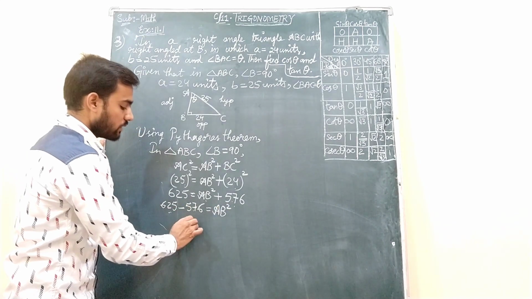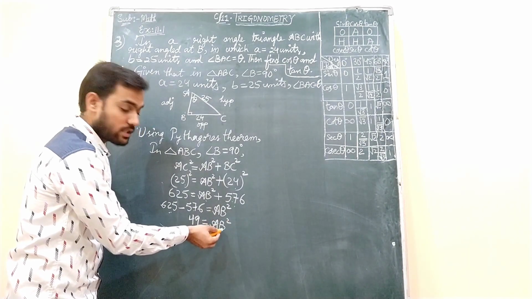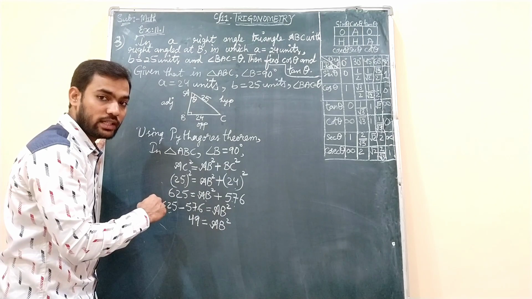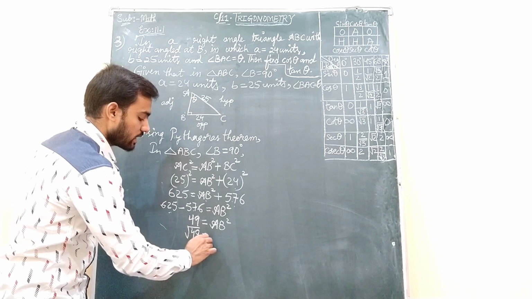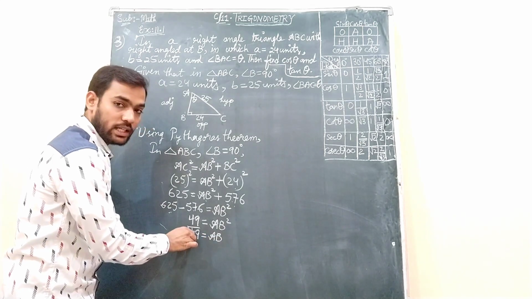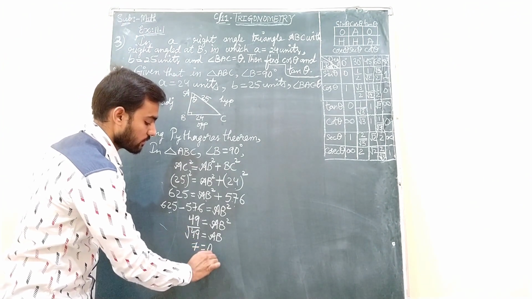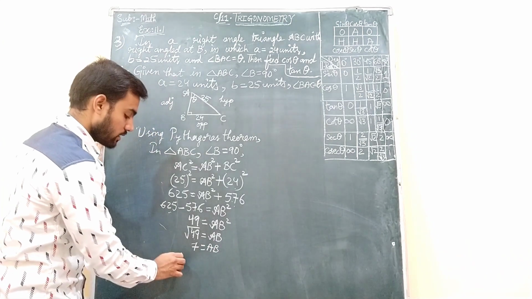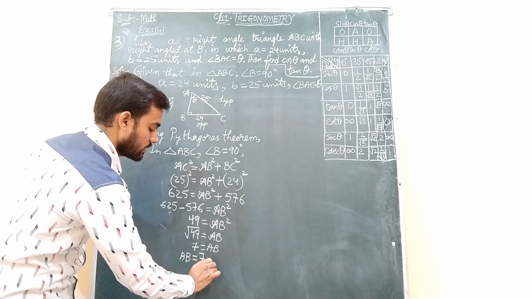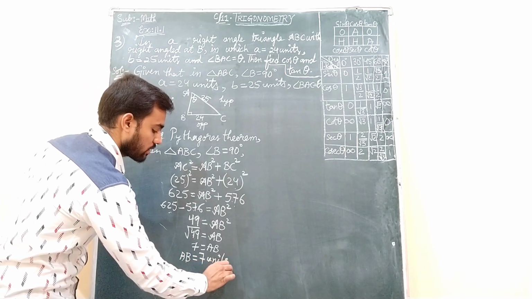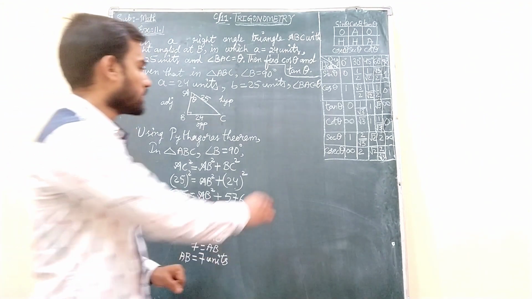When you subtract them, you will get 49 equals AB square. Now it is our turn to transpose this square also to this side. So when you transpose the square, what will you get? Right, you will get under root 49 equals AB. What is the square root of 49? 7 sevens are 49. That is the reason the square root of 49 is 7. Understood? It means we got AB as 7 units. Now we can proceed to finding cos theta and tan theta as it is given in the question.